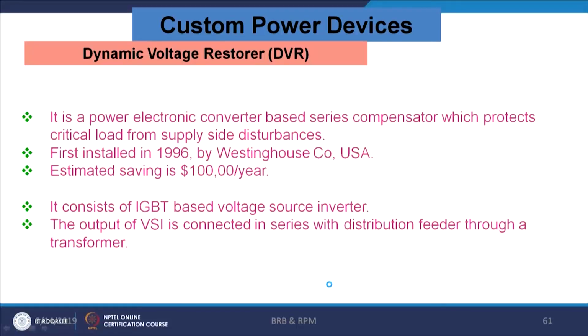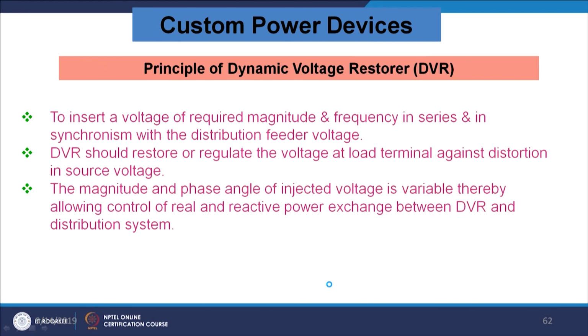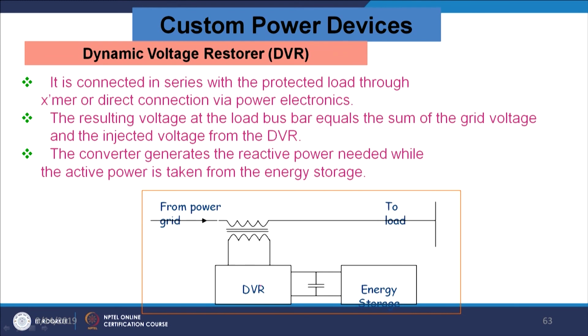Similarly, we have discussed the DVR, I am not going to discuss it in detail. It is a series compensation, and thereafter the DVR should restore the voltage. We have discussed UPQC in detail, so we are not discussing it here again. Similarly, this is the DVR and the stored energy. So, it can mitigate sags and swells. If a sag occurs, it will discharge the storage entity. If a swell occurs, it will charge the storage entity, and when a sag occurs, it will compensate.